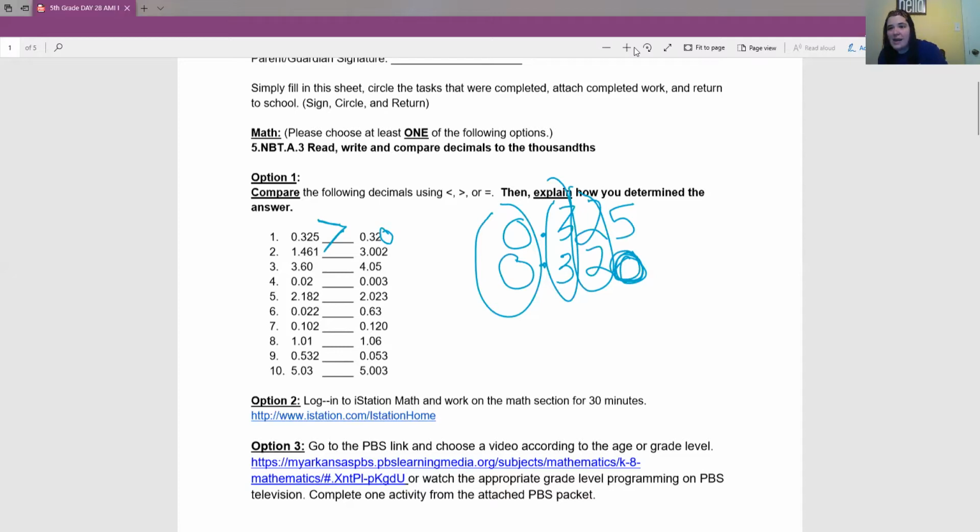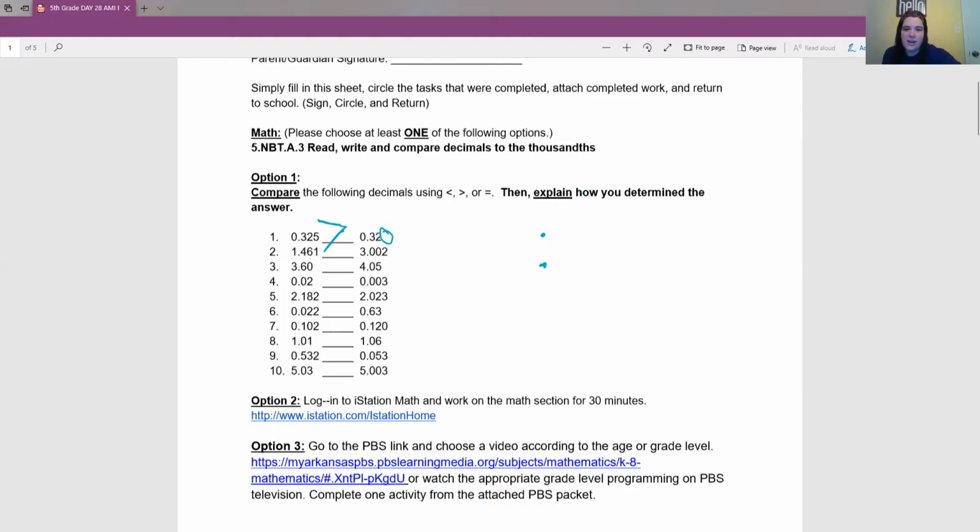And we'll go ahead and we'll do the next one together. So let me see if I can erase all my writing on the screen fairly easily. So the next one is 1.461, and you're comparing it to 3.002. So we're going to do it the same way again. We're going to line up our decimal points for both of those so that we line up all the place values. So we have